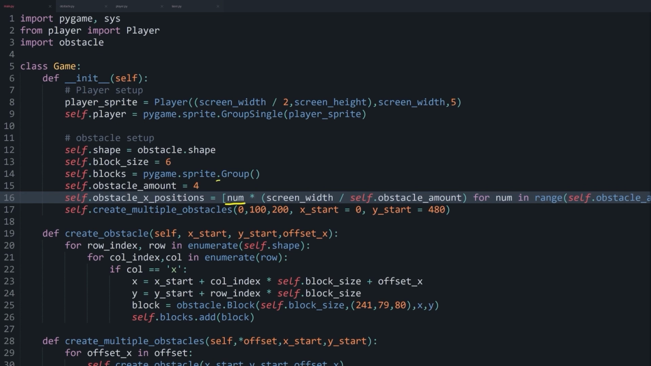And this number is either going to be 0, 1, 2, or 3. And for the sake of an example, let's assume that this number here is 2. Then we're going to multiply all of this with screen width divided by obstacle amount. And screen width in our case is going to be 600, and obstacle amount is going to be 4. And if we divide one by the other, we get 150. And if you multiply this by 2, we get a position of 300, which is exactly in the middle